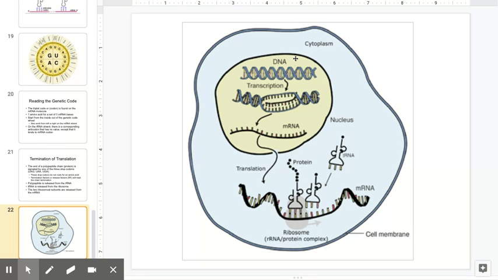So again, here's the big picture. We have DNA in here, which this is the nucleus. The DNA message is written down in mRNA. The mRNA travels out of the nucleus. It finds a ribosome here, and that message is translated. We have our tRNA bringing over the amino acids and matching up with the right group of 3 or codon. So again, this codon in the mRNA corresponds to the amino acid, and that is how we read the code. That's how we read the genetic code, and that is how we get to make or synthesize a